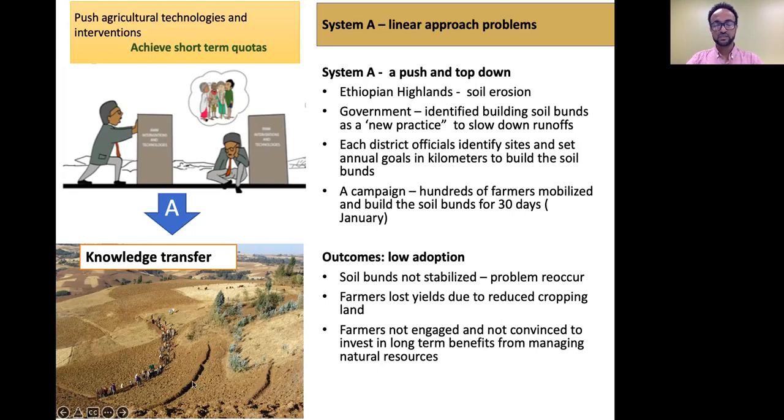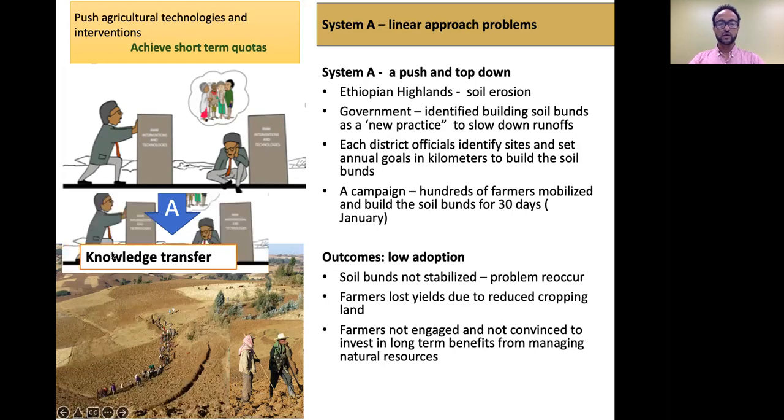in their crop farms. So farmers are not engaged, and they are not convinced why they have to invest their time, labor, as well as land to get a benefit they are going to get in the coming 10 or 20 years, long-term benefits from managing the natural resource such as the soil. So I call this one a system A approach, and how we move to a system B, I will show